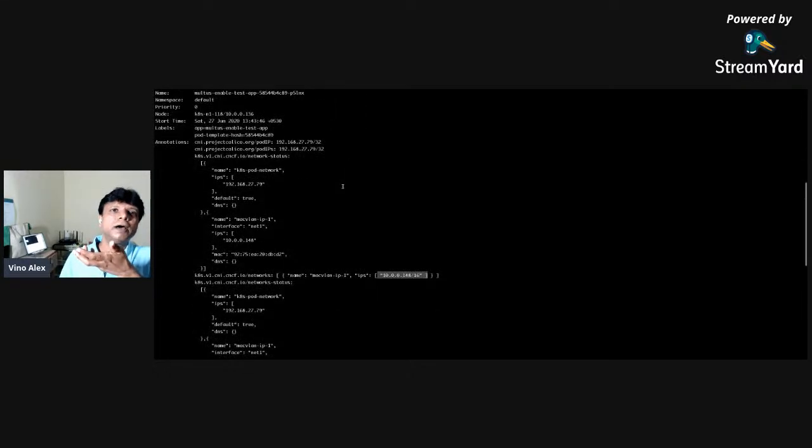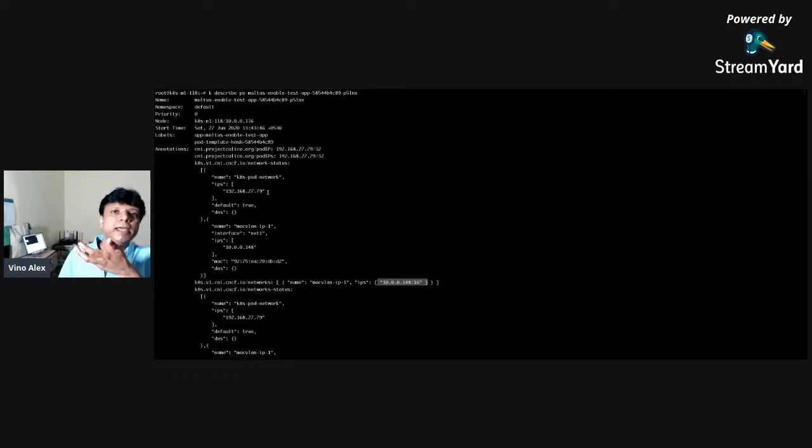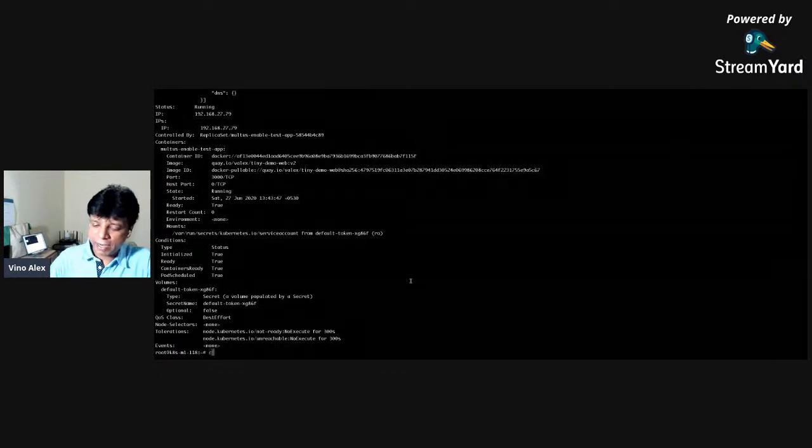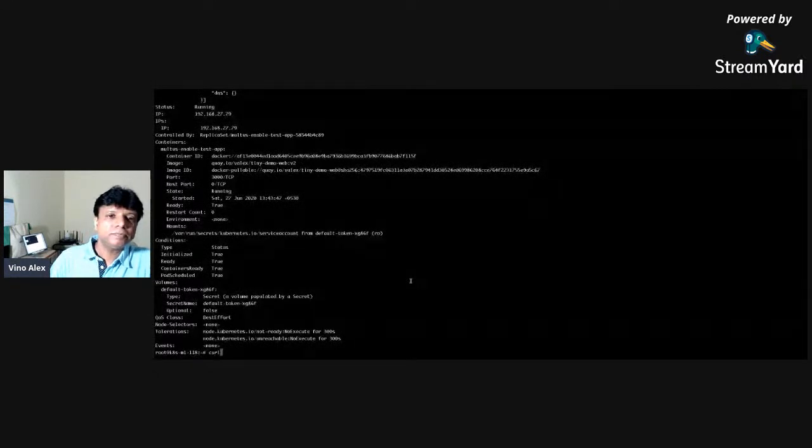This is its main IP address, and apart from that IP address, you can see one more IP address. This IP address was actually created by Multus CNI. If you want to directly communicate with that pod, I'm doing a simple curl.